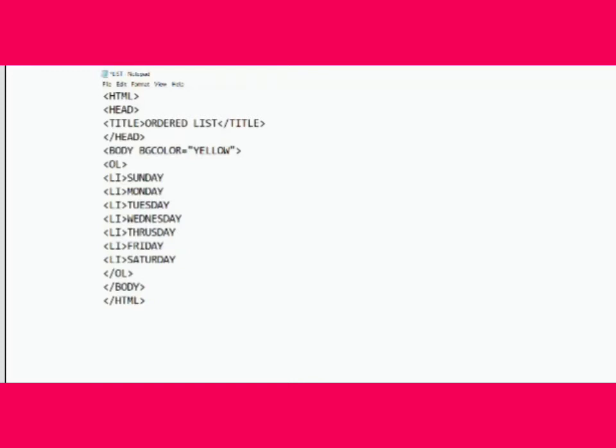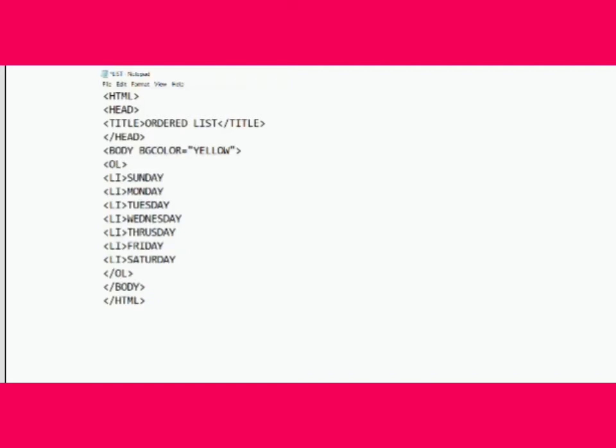Children, in this picture, you can clearly see that HTML coding is done for an ordered list. Here, background color yellow is used with the tag BG color is equal to yellow, and an ordered list is created for the names of days.